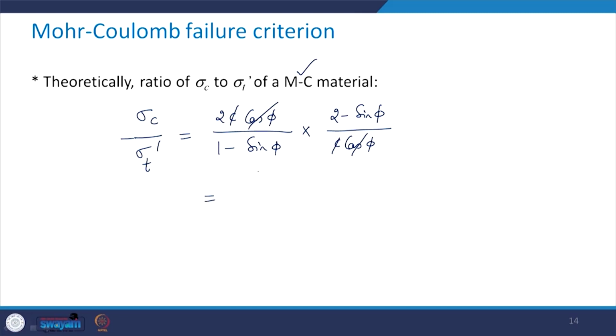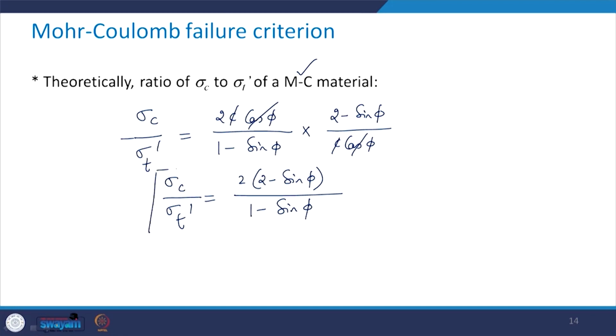What you are going to get is 2 into 2 minus sin phi divided by 1 minus sin phi. So this is the ratio sigma c upon sigma t prime we are going to get theoretically